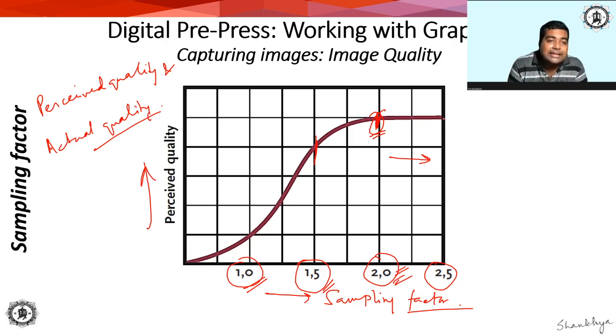Of course, you can say that actual quality will increase. Why? Because with increased sampling factor, a higher resolution image will be obtained, and you see the file size will go up. That is the same reason. See, after a certain point in time, nowadays these display manufacturers are going for 4K TV and 8K TV and so many Ultra HD and Fantastic HD. But after a certain point, you will not be able to really distinguish the difference between a 4K image and an 8K image,